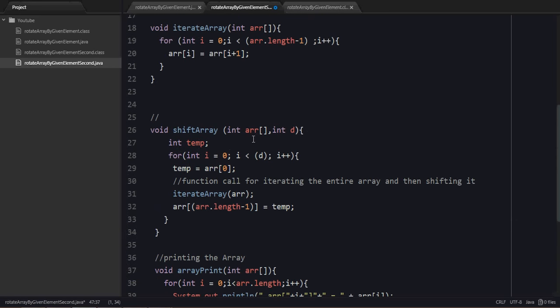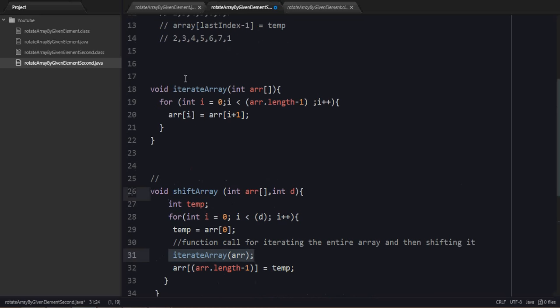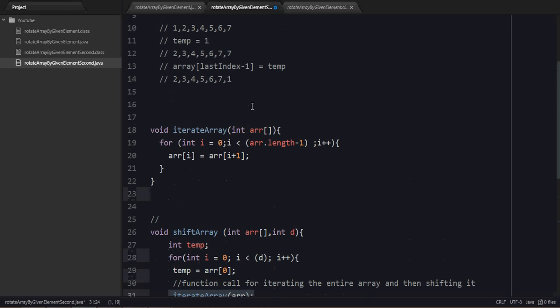In shifting the array, what I am trying to do is iterate from i equal to 0 till d, that is the number of elements that I want to rotate. Once I take the initial element that is present at the beginning of the array, I have taken this method where I am shifting the array,